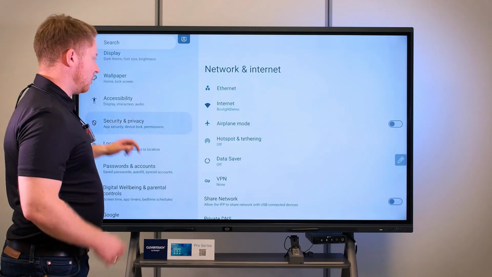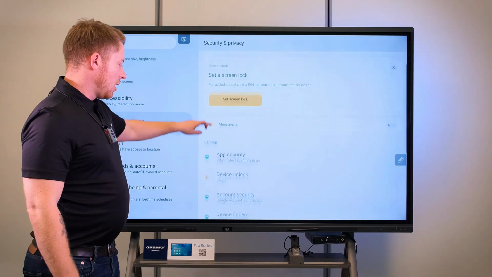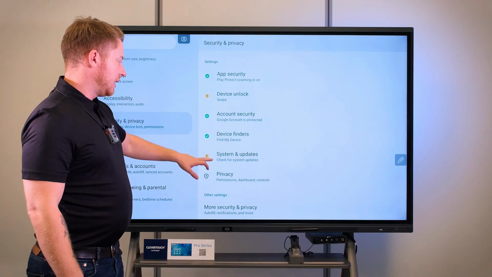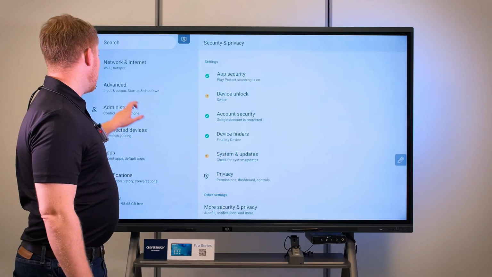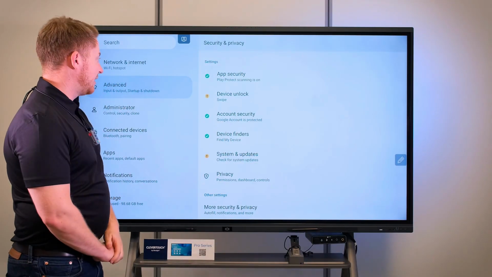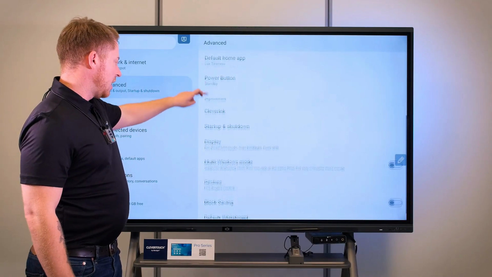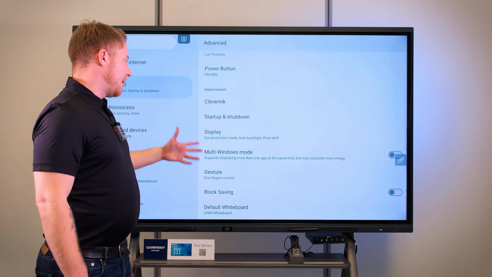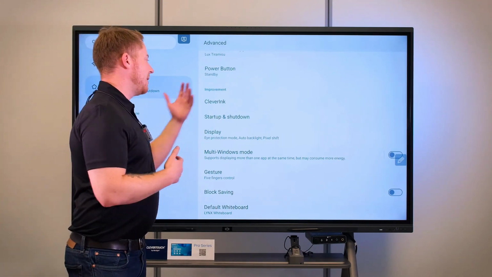If we come down to security, we can add things like the screen lock, but we can also add security for the system itself, under both the advanced and the security options in the settings. If I come in here to the advanced as well, we can also add a passcode or a PIN code to the settings